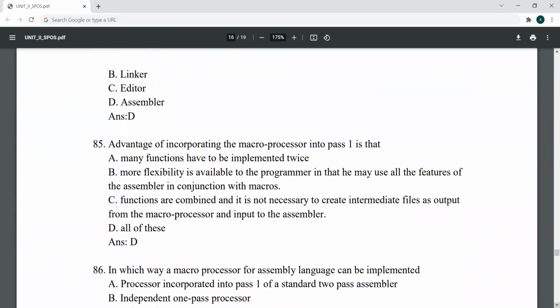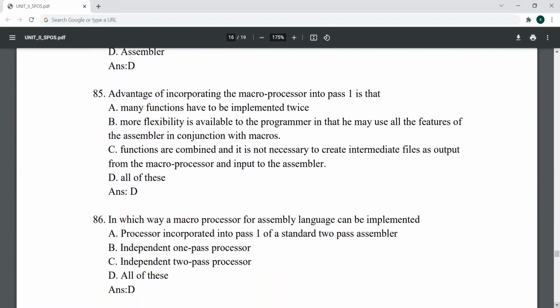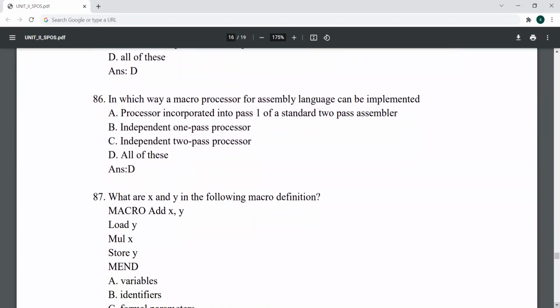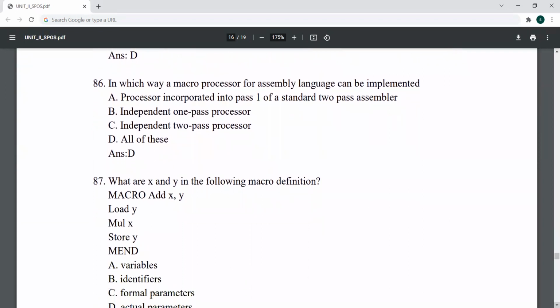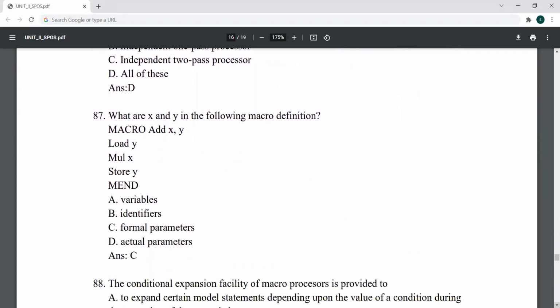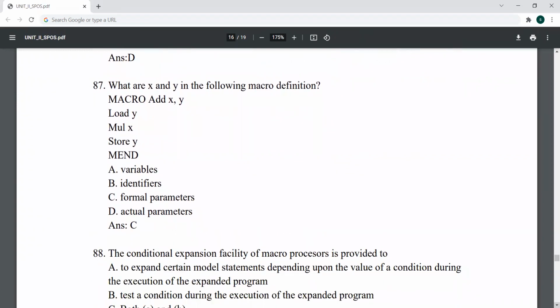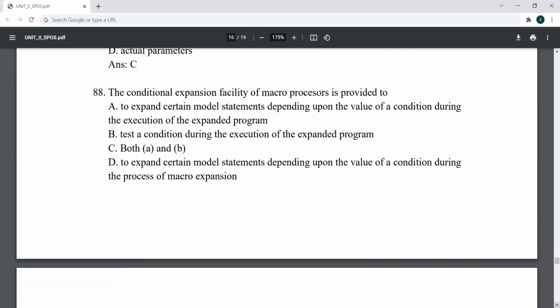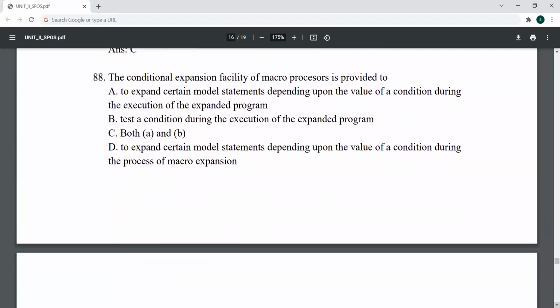The job in incorporating the macroprocessor into pass one is that the option in which way macro arguments are X and Y in the macro definitions. C, formal parameters. The facility of macroprocessor is provided to